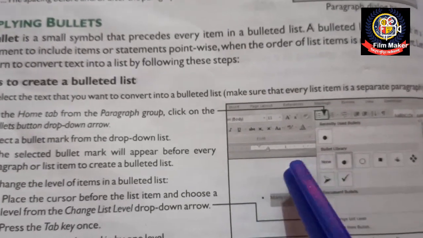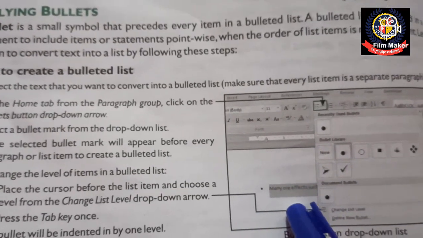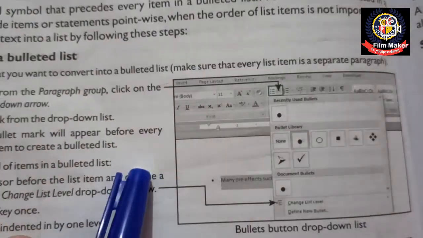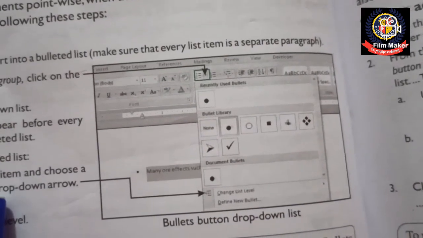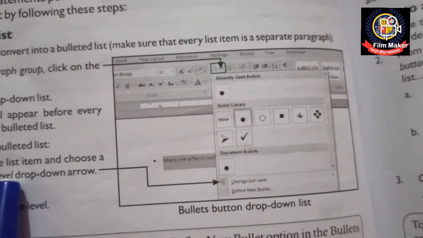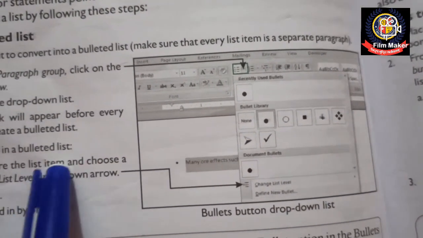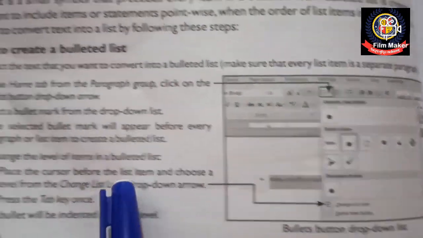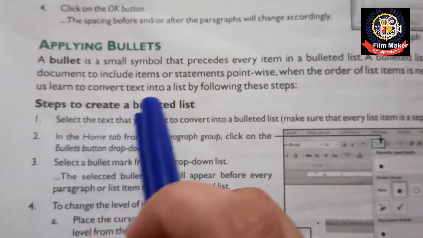That means whatever list you have mentioned in MS Word, or you have created a list, if you think it is not in any sequence, you can apply the bullets here. And there are different types of bullets available in MS Word, as you can see in this picture also. So whatever picture you are selecting, according to that the bullet will appear in front of the text. Okay. So now let's talk about the steps to create a bulleted list.